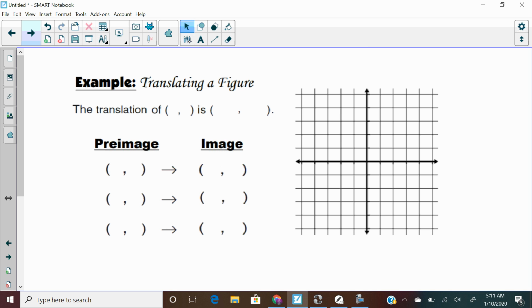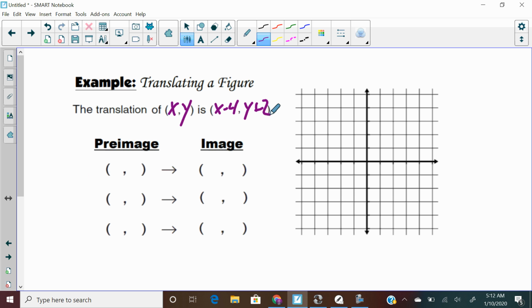An example would be, say we're going to translate (x, y) by x minus 4 and y plus 2. Original points: A is going to be (0, 1), B is going to be (4, 2), and C is going to be (3, -1). So if I wanted to graph my original ones,